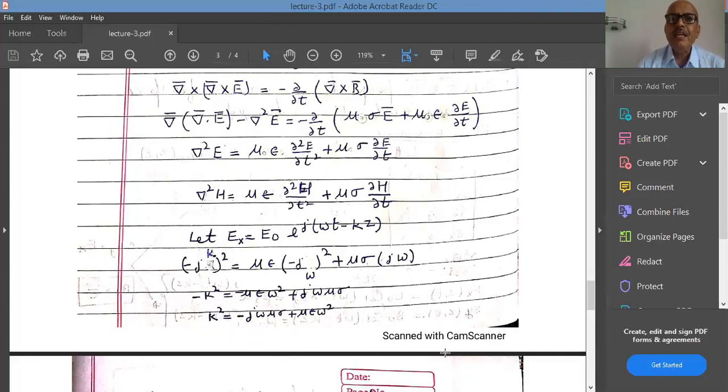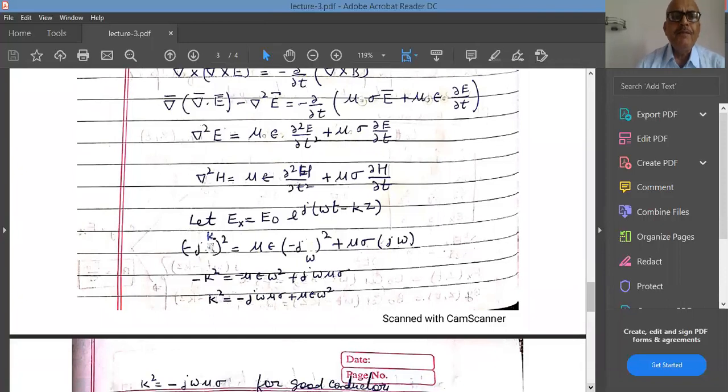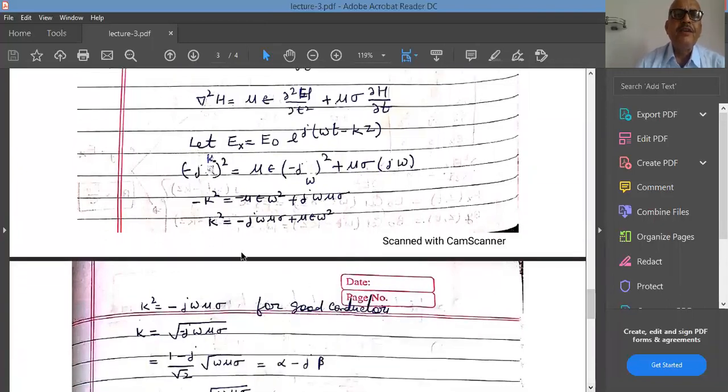Here, the important thing to see is that our propagation constant k is now complex. Why? Because of the value of sigma. If we really want to find out the value of k, we have to take the square root. You can consider both the terms together and take the square root by using the complex function law. But here, if you want to find out the mod of k square, it is given by the sum of the mod of the real term squared and the imaginary term squared.